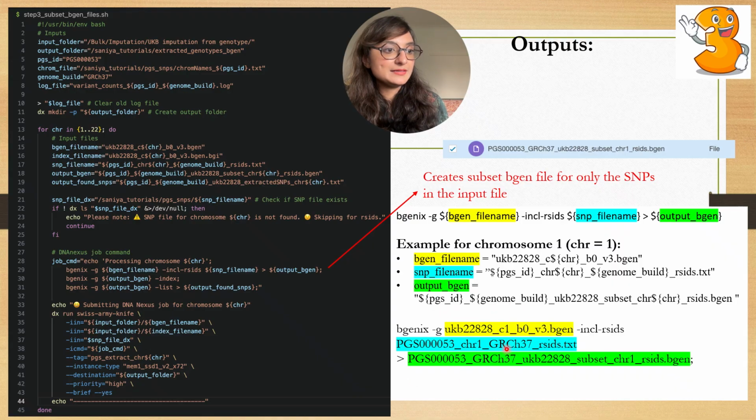Then the genome build. Then the UKB 228 subset part is all here. Then the chromosome 1 there is there. And then underscore rsids.bgen. So it's basically telling it that from this BGEN file, include the RSIDs that are found in the SNP file name. In this SNP file, include only those. Subset it to only the SNPs found in this text file, and then save the BGEN file as this file